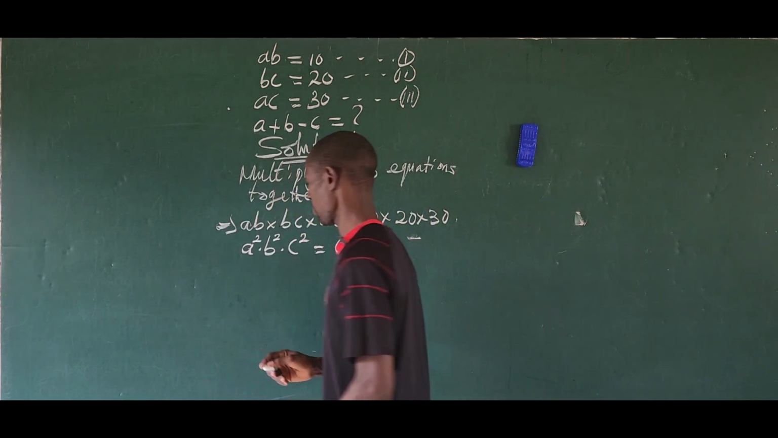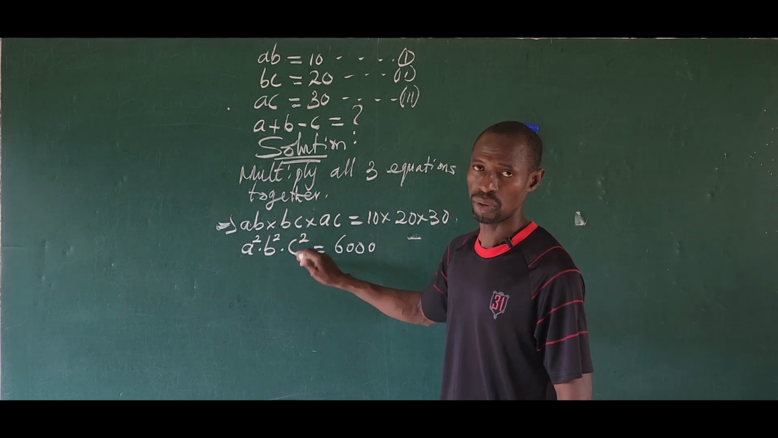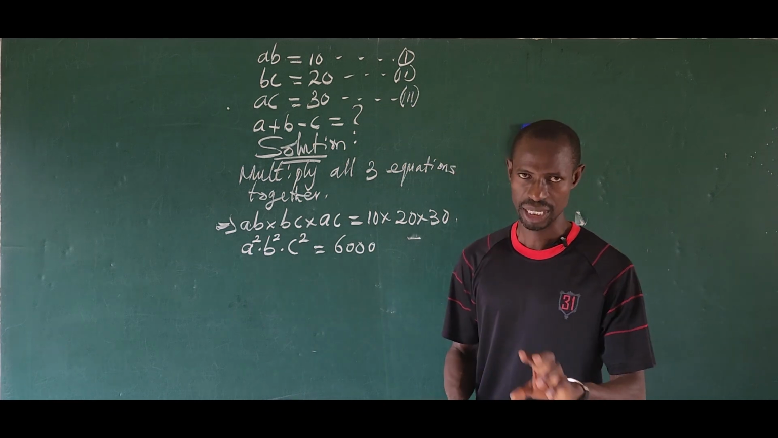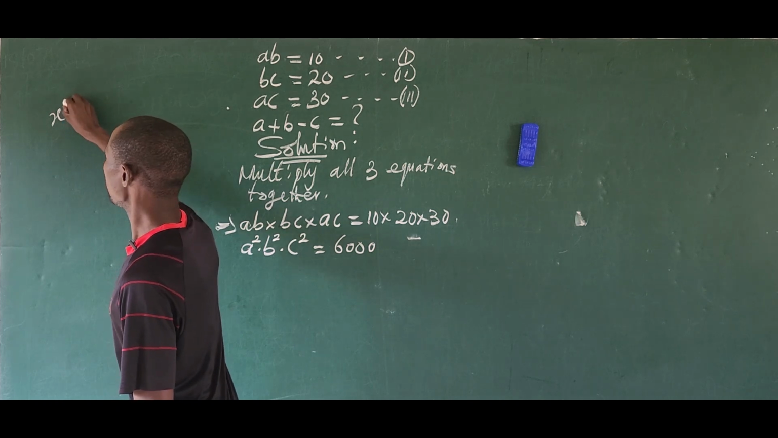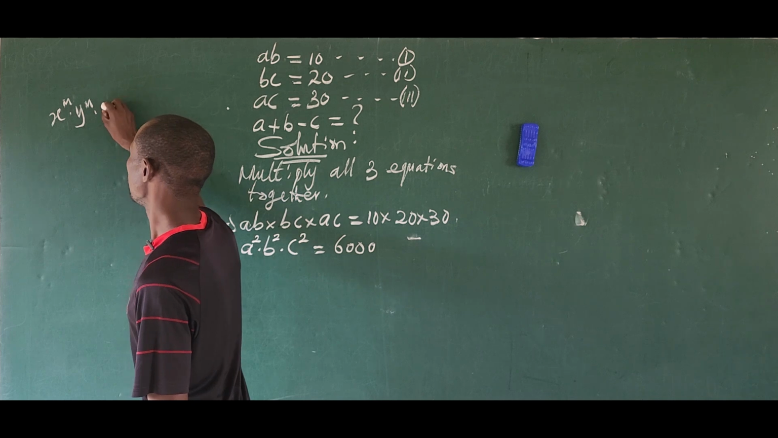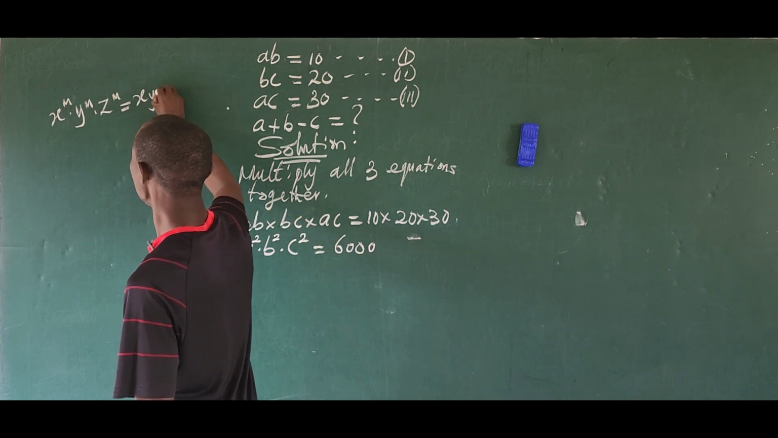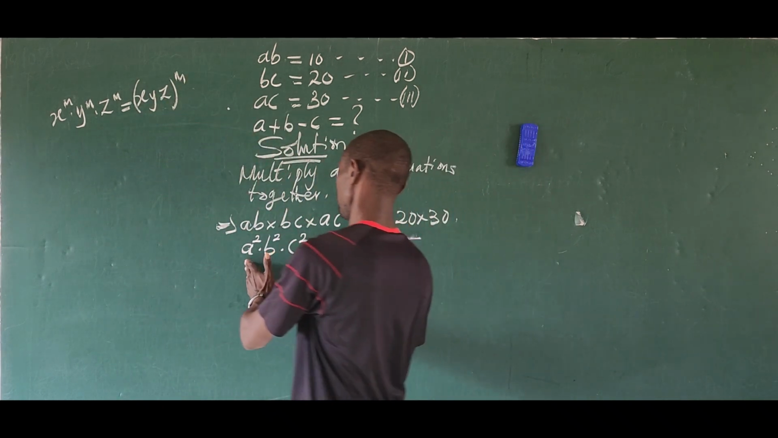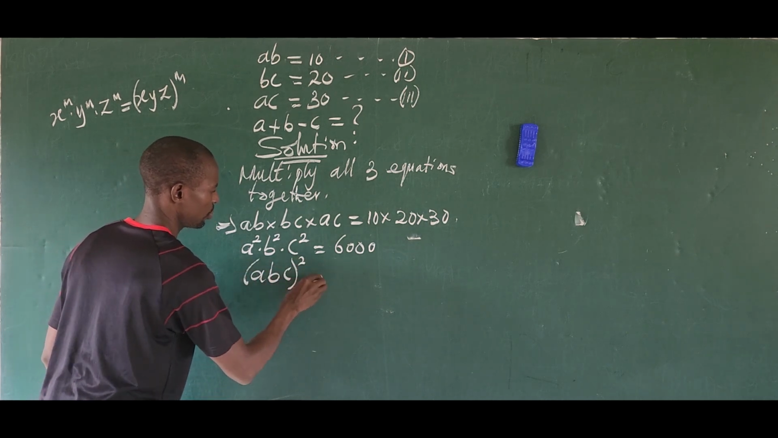We have 30 here. Okay. So we have to the power of 2, to the power of 2, to the power of 2, although the base letters are different. There is a law to that effect. It says that if you have x to the power of m times y to the power of m times z to the power of m, this is the same thing as x, y, z all raised to the power of m. So we can regroup this to give us A, B, C, all raised to the power of 2 equal to